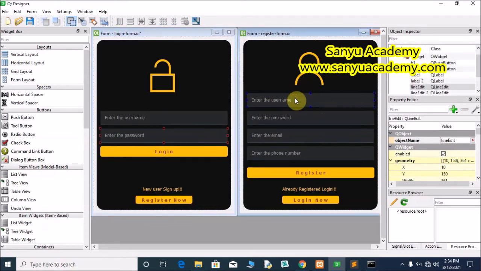We will give text box 3, tb3, here for this. tb3, tb4, tb5, tb6, b3, b4.